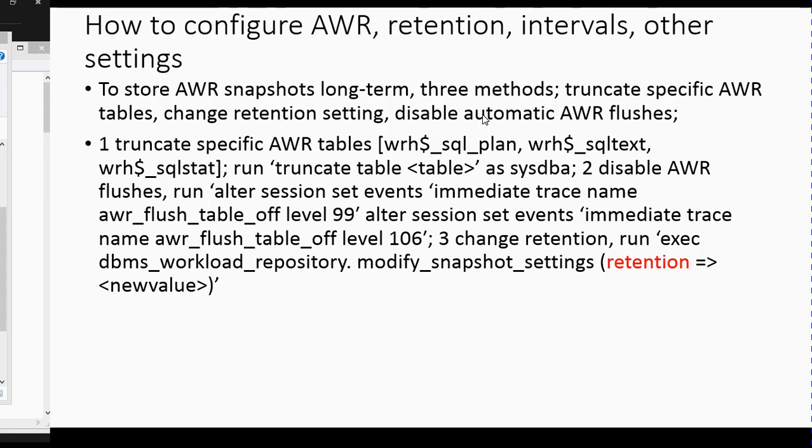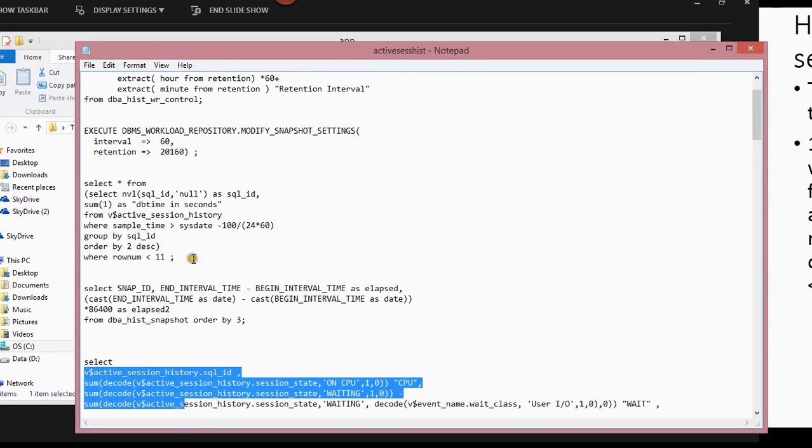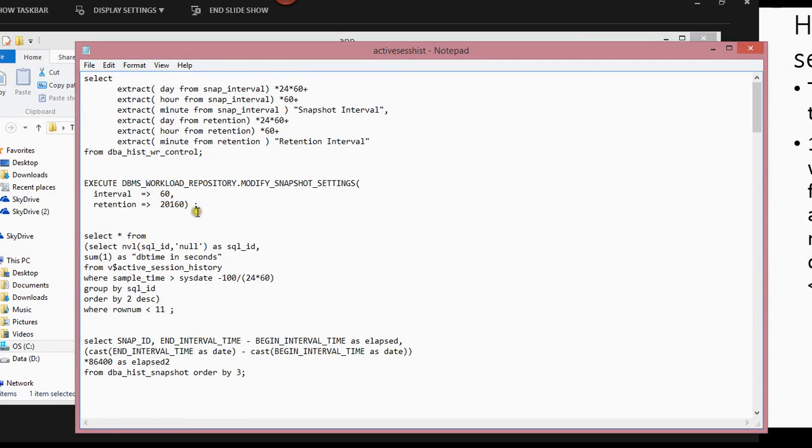So previously I had this query. If you wanted to change the retention from 20 to, let's say, 30, that's easy. But again, the downside of doing that is, if you have all this retention dedicated to your AWR retention,